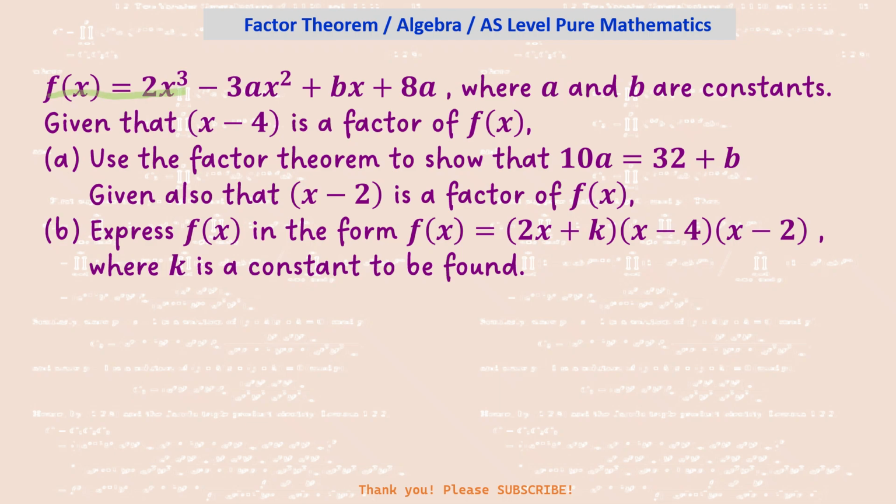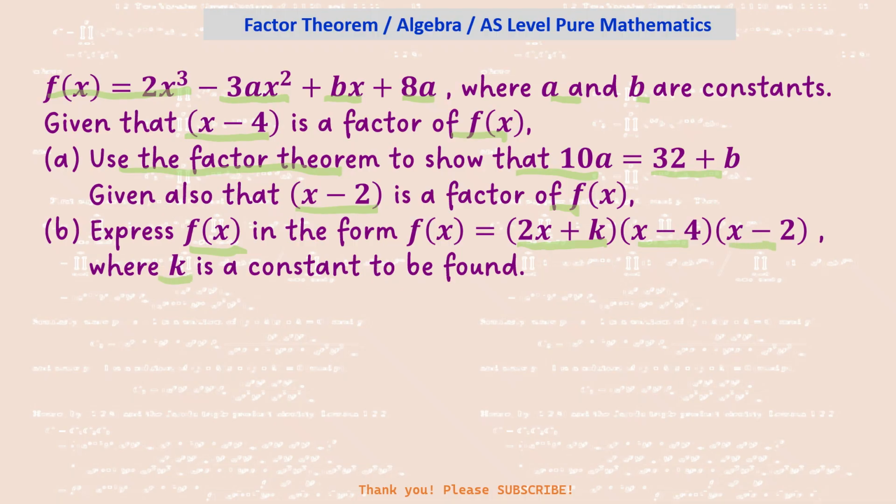f(x) is equal to 2x cubed minus 3ax squared plus bx plus 8a, where a and b are constants. Given that x minus 4 is a factor of f(x), we need to use the factor theorem to show that 10a equals 32 plus b. Given also that x minus 2 is a factor of f(x), we express f(x) in terms of (2x plus k) times (x minus 4) times (x minus 2), where k is a constant